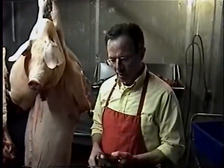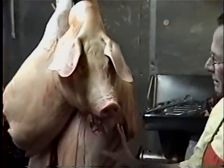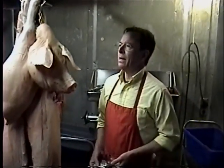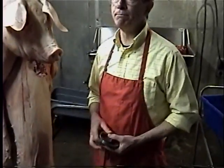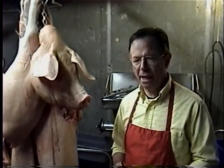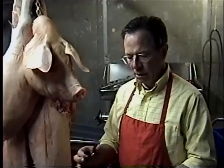Well, this second part, I need to cover a couple of things. One of them is that we need to pay homage to the pig, because this noble beast makes a lot of folks happy. He gave his life so we can have full bellies. The other thing I want to talk about is this is the part that you may want to take to some professional, someone that has the equipment. We're going to grind the hamburger, and a lot of people have grinders at home anymore. They're more widely available. They're a little expensive, but people do